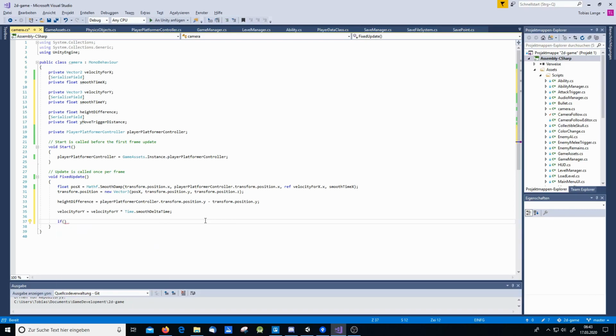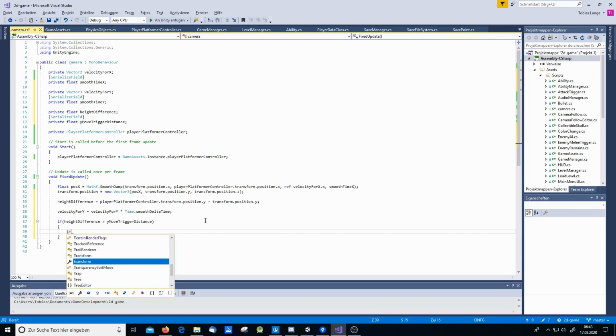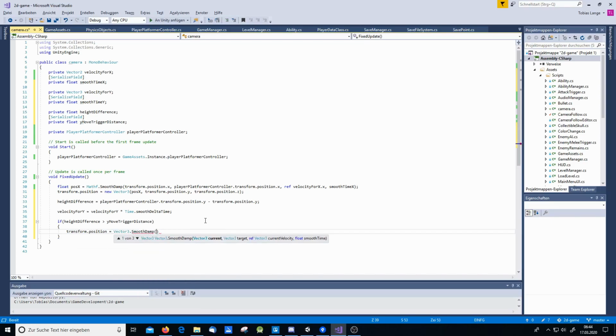Since we want to only move the camera in the y position when it gets beyond the y move trigger distance, we have to say if height difference is bigger than y move trigger distance, and if it is so, then we have to calculate our transform.position, which will be equal to, and here we go, Vector3.SmoothDamp, and here you can see it is asking for the Vector3 component of the current object, which is the camera. So we're going to use transform.position,